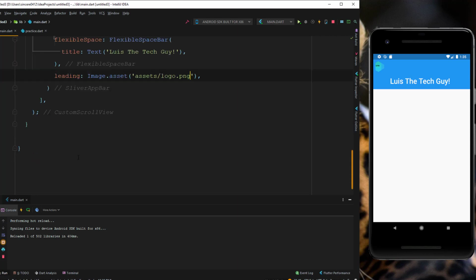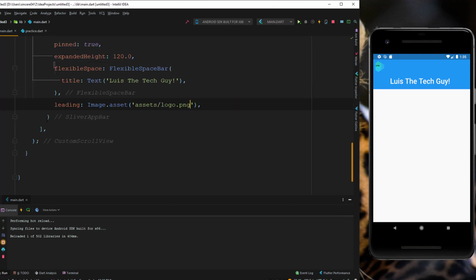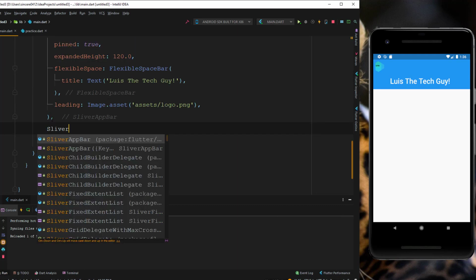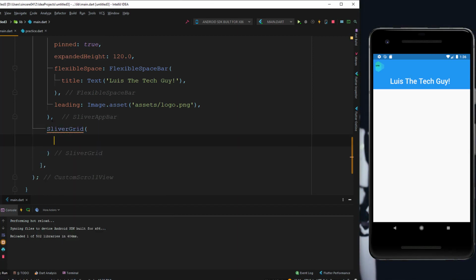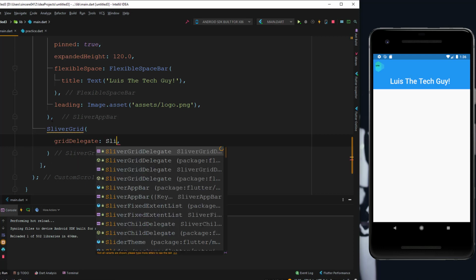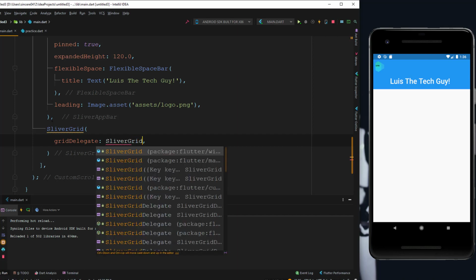Beautiful. So far, we're getting there. All right. So the next thing we're going to do after our SliverAppBar is we're going to create a SliverGrid. And in our SliverGrid, we're going to do a gridDelegate. So basically this is building our grid. Now this is going to be the longest